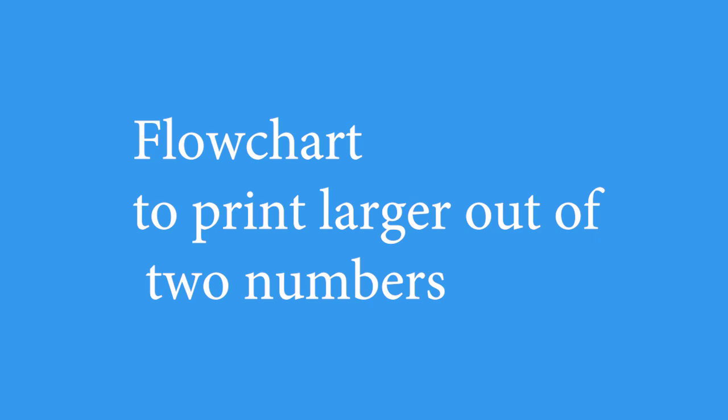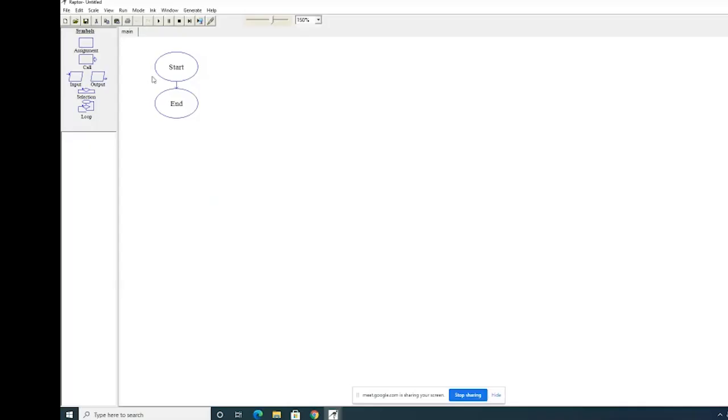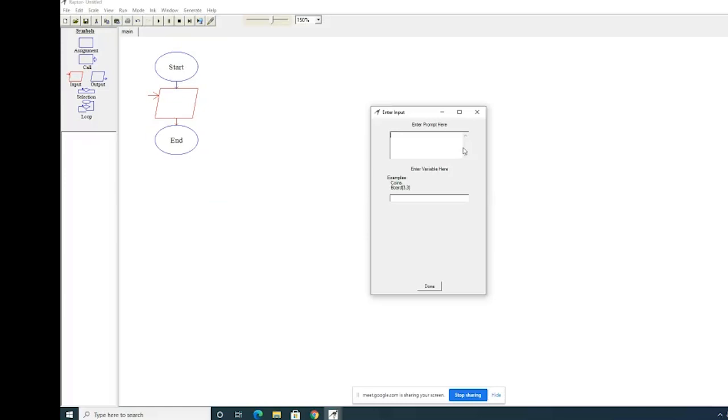Now I am going to show you how to find the larger of two numbers by using a decision box. So start and end are given to us by default. I am taking the input, so enter. I am entering the message. If we have to enter two numbers, the message should be input first number or enter first number.